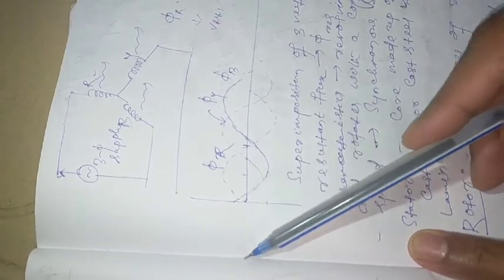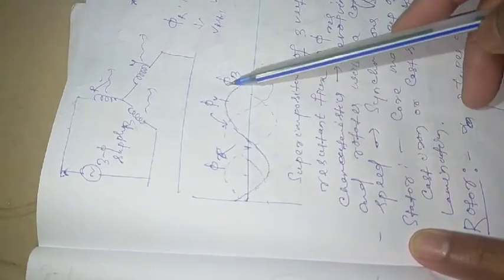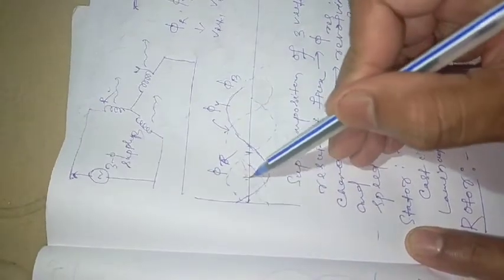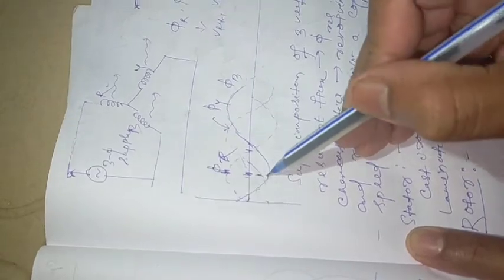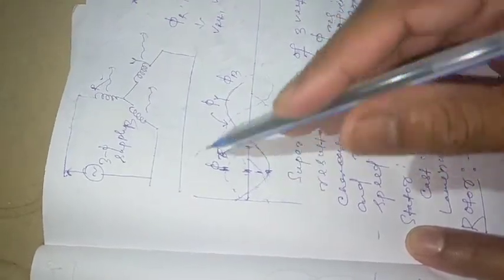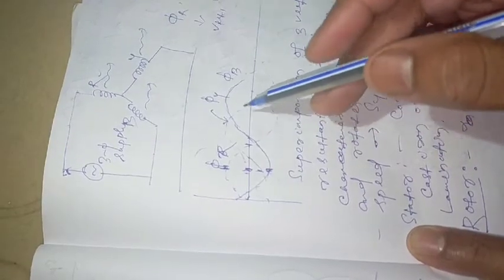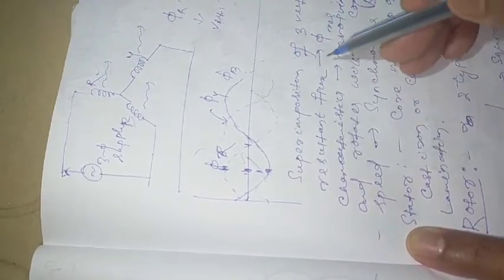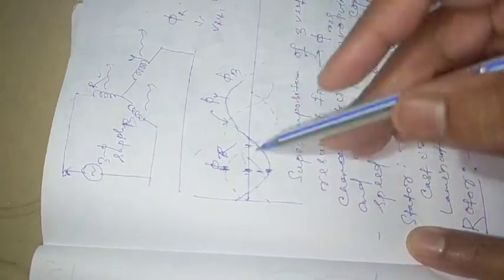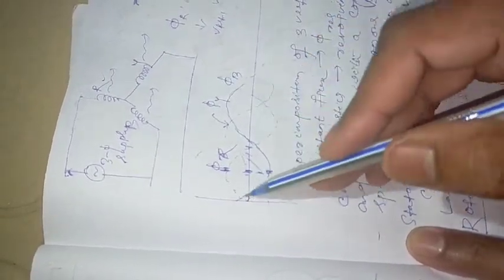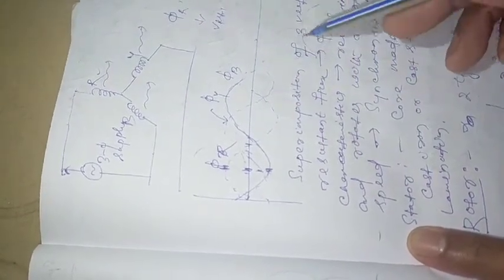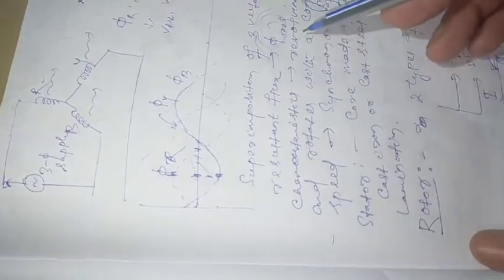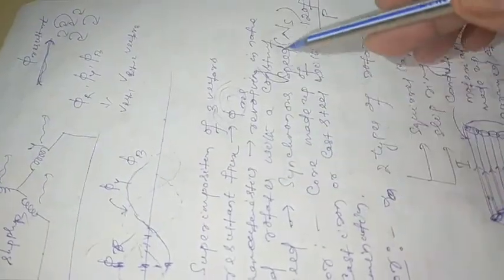Next, blue leading by 120 degrees, I can represent this one as the blue. So at any point, we will see some value of phi r, some value of phi y, some value of phi b. Once I add them, we will have an expression of phi resultant. If you measure this at every point, the value of phi resultant will be the same. That constant flux is known as the resultant flux, and it is always revolving in nature, revolving with a constant speed known as synchronous speed.